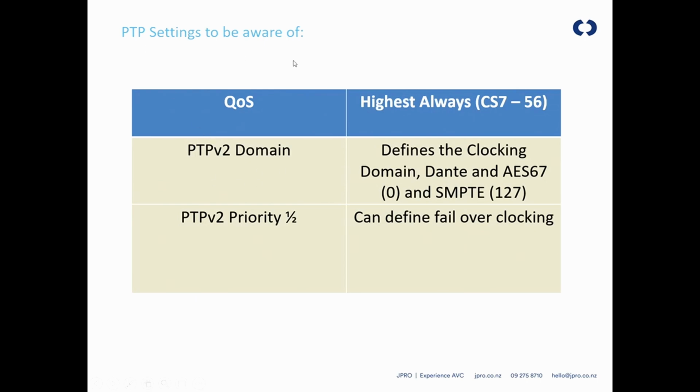Right, PTP settings to be aware of. Inside a PTP setting, there is a QoS setting, obviously. QoS, if you're not sure, is quality of service on networking. How that works is that when you have packets on the network, it needs to prioritize certain things. You can use QoS to say this packet or this information or protocol is more important than this and this